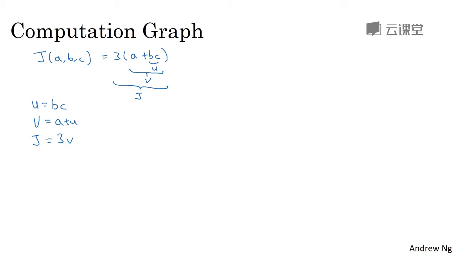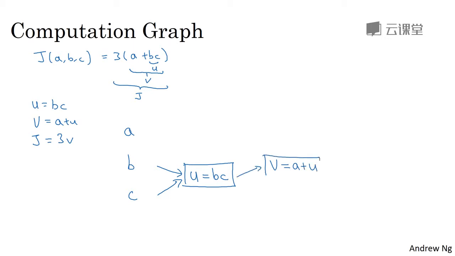We can take these three steps and draw them in a computation graph as follows. Let's say I draw your three variables a, b, and c here. So the first thing we did was compute u equals b times c. So I'm going to put a rectangular box around that, and the inputs to that are b and c. And then you might have v equals a plus u. So the inputs to that are u, which we just computed, together with a. And then finally we have J equals 3